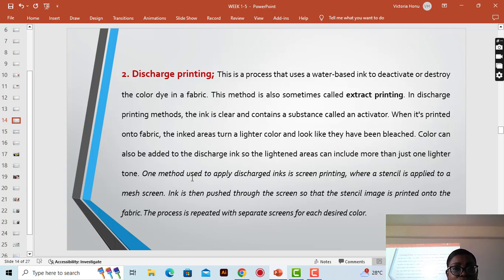So one method used to apply discharge ink is screen printing, where a stencil is applied to a mesh screen. Ink is then pushed through the screen so that the stencil image is printed onto the fabric. The process is repeated with separate screens for each desired color. Here, if it were